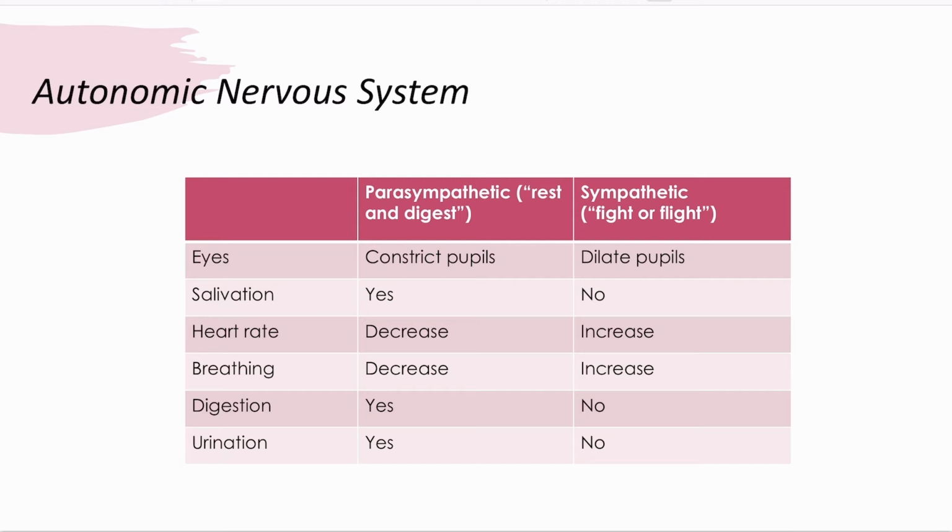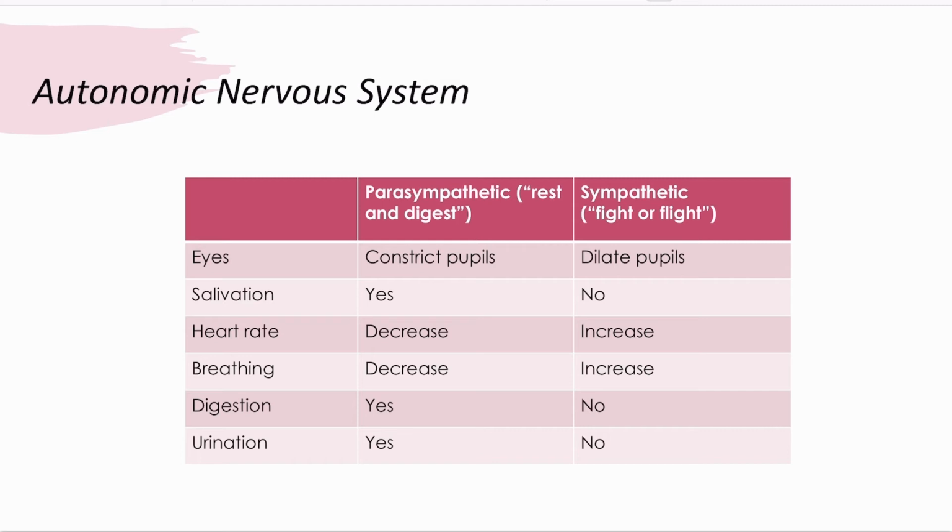light is able to enter your eyes. Meanwhile, for sympathetic, your pupils are dilated, allowing more light into your eyes so that you can have a better view of your current situation. Next, salivation. During parasympathetic activation, your salivation would be turned on because this is when you're relaxed and you're digesting, so salivation helps with that process. And the opposite for that would be during sympathetic activation, so you wouldn't want to be salivating while you're in